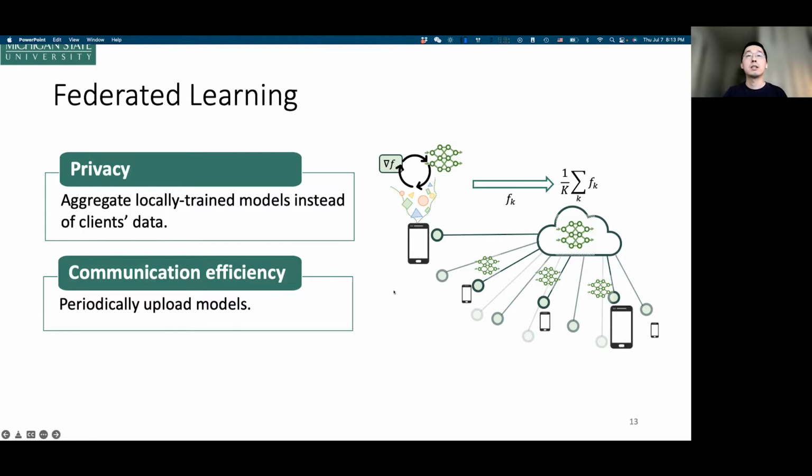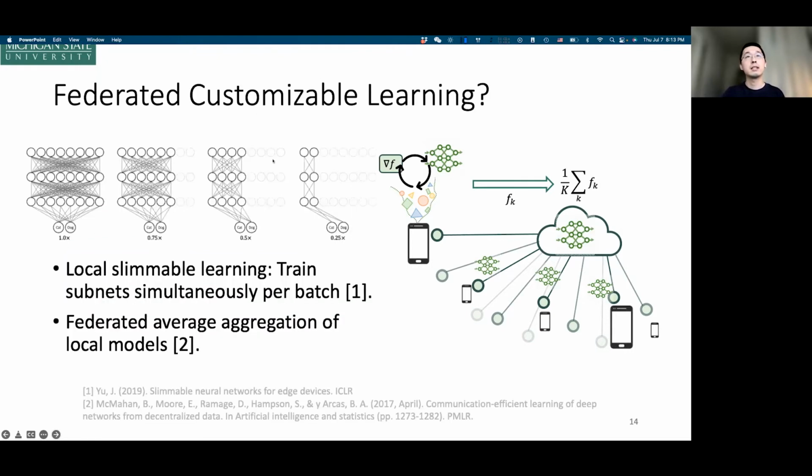So the question is, can we simply combine these two ideas to train customizable models? We can do the streamable learning locally and upload the model to the server. Then we download a customizable model for a client later. It's actually possible.